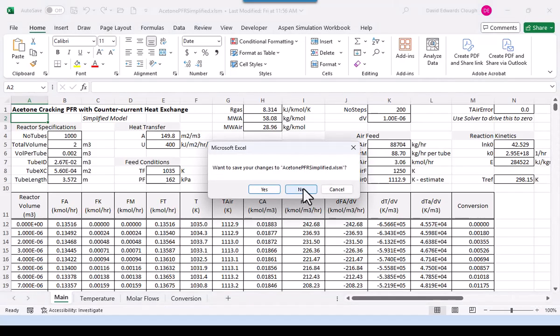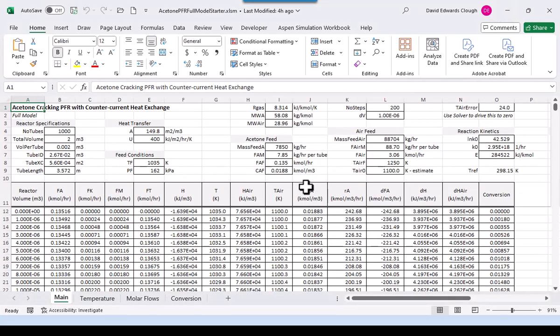Not going to save it. I'm just going to close it because I can always solve it again. And now I'm going to load a file which is called Acetone PFR full model, or full model starter, whichever you have. And this is set up in a very similar way, but because we're using the full model now,